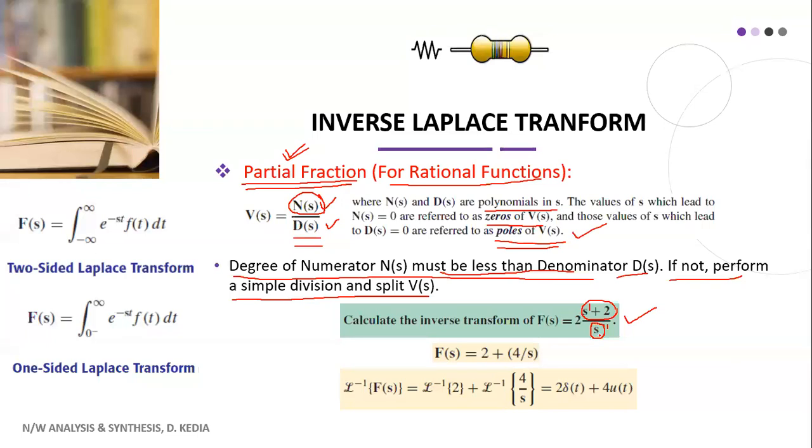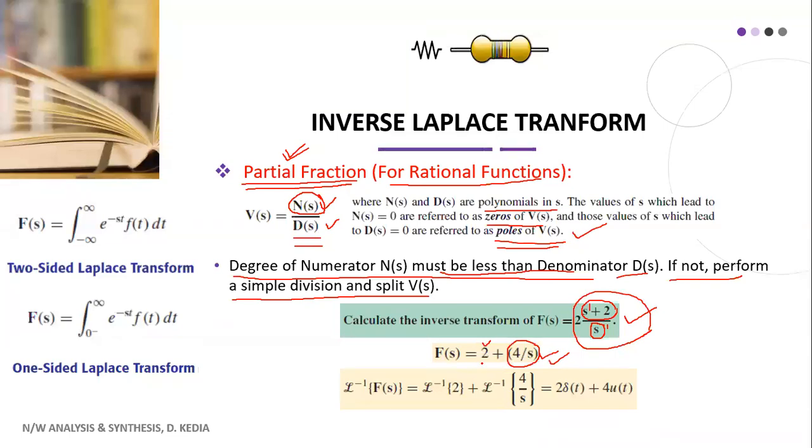You divide by S. So S by S is 1. You are left with 2. Then 2 times 2 is 4. So this becomes 4 by S. So we have split this rational function into two, and it becomes 2 plus 4 by s. Now if you look at this carefully, the degree of s in the numerator is 0 and degree of s in denominator is 1. So our condition is satisfied. So now you can directly obtain the inverse Laplace transform for this.